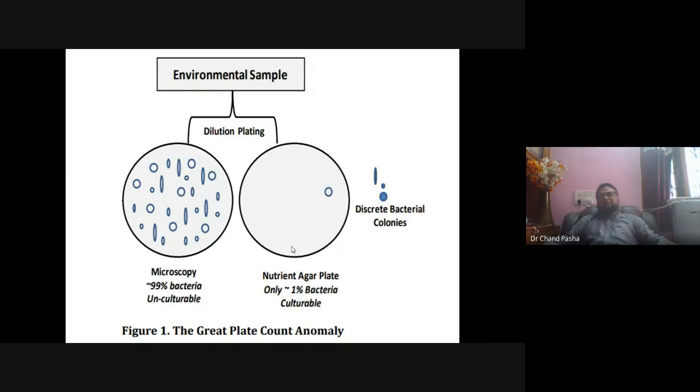Even the viruses are the same. If they are outside the host, they will not be growing at all. It is just an unculturable microorganism. But once they enter into the body, they will be happily growing over there. Not all viruses are the same case. Even with parasites, there are certain parasites which can grow without a host, but the majority of them should have a host. Otherwise, nothing.